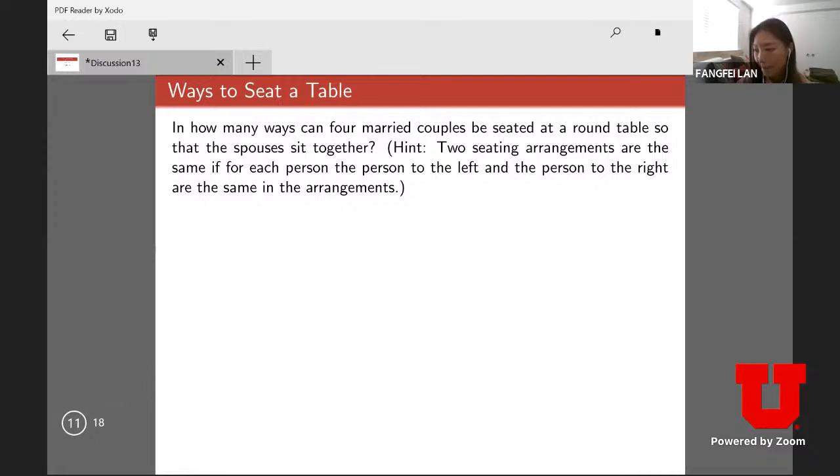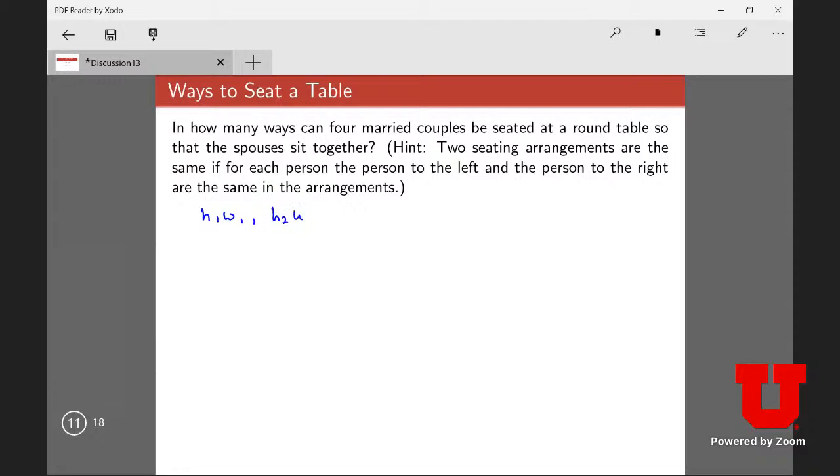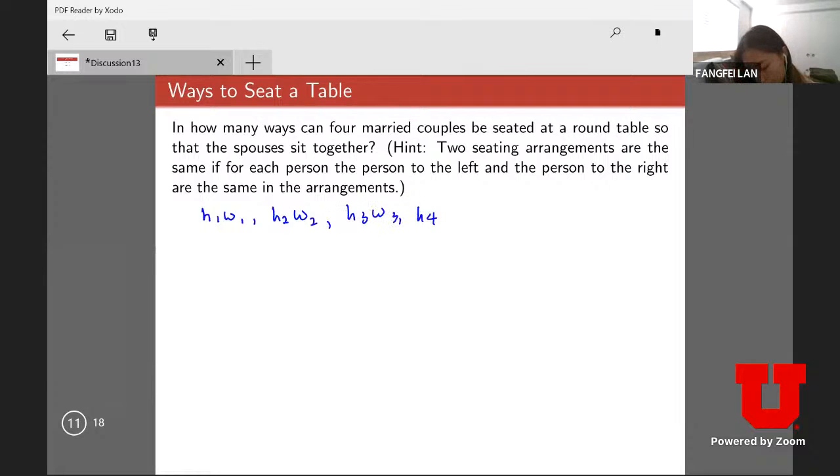So let's just assume there's husbands and wives. Okay. There's 4 couples, husband and wife. So we have, oh, it's 4 married couples, not 4 seats. Okay. Yeah, it's 4 married couples. So H1, W1, H2, W2, H3, W3, H4, W4. So you can imagine the problem with a round table, that the hard part about being in a round table is that, if you have